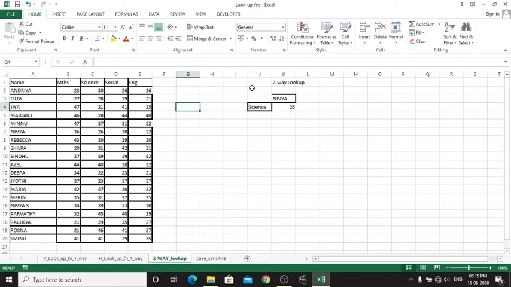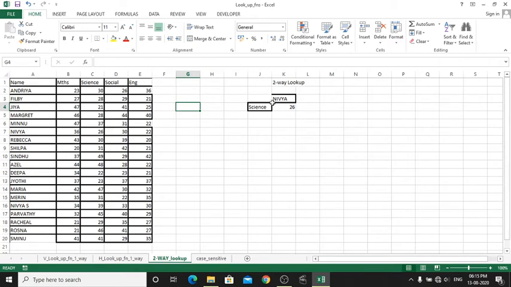So here we are searching two-way, like we are searching row wise and also column wise. Okay, so here the Excel will check whether Andrea is the exact match with Nivya. No. Philby, no. Gia, no. Like that, it will search for Nivya's name column wise, and also will find out the exact match with maths, science, social, or English.